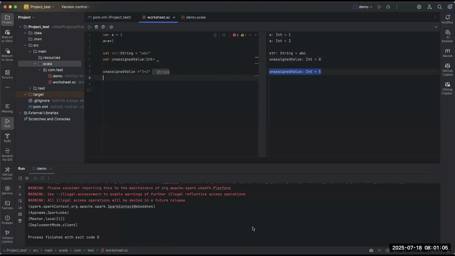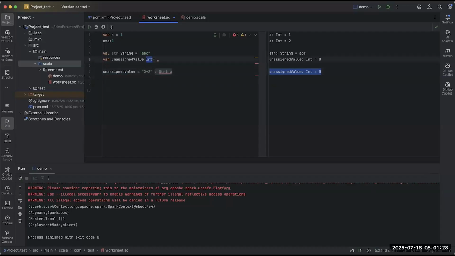But if you write it in the Scala shell, it won't give you the error until you run it. So this is the good thing about compilation: it will find most type errors and other errors during compilation only.